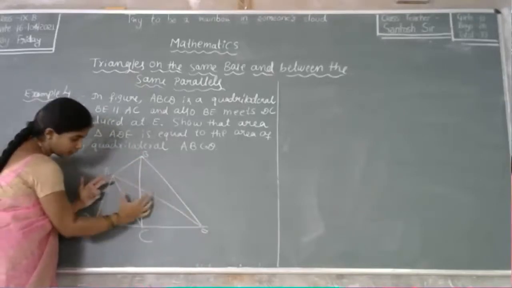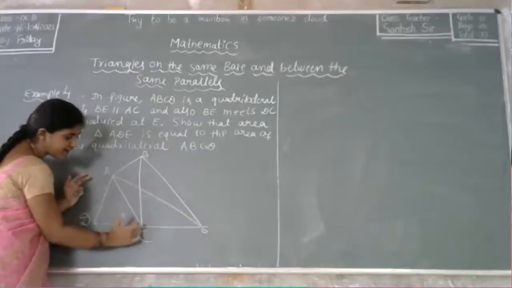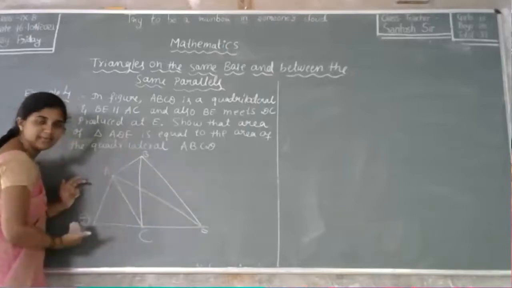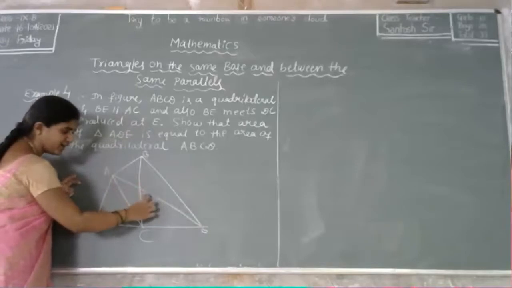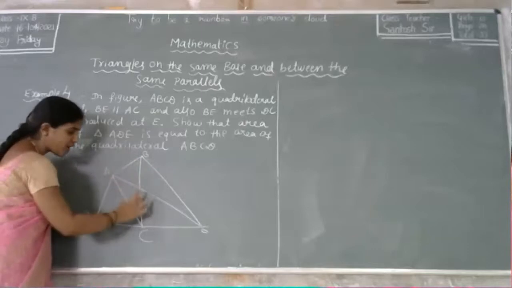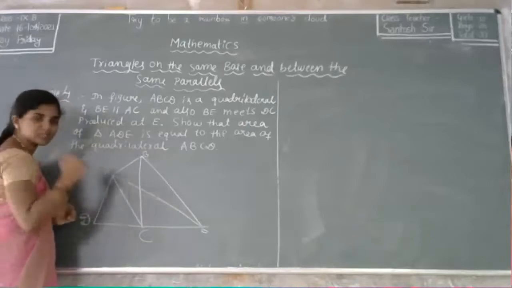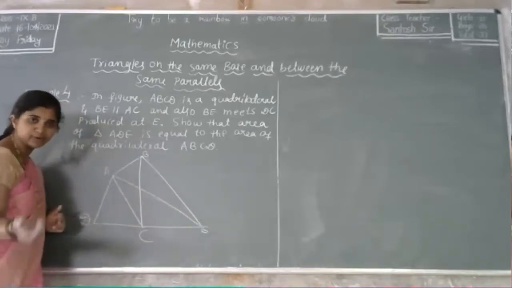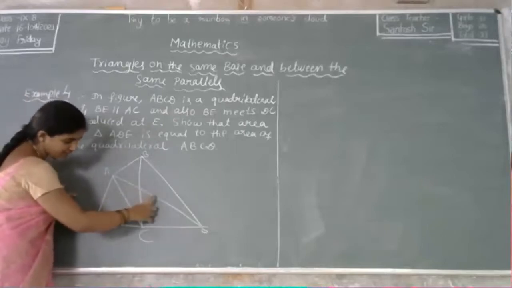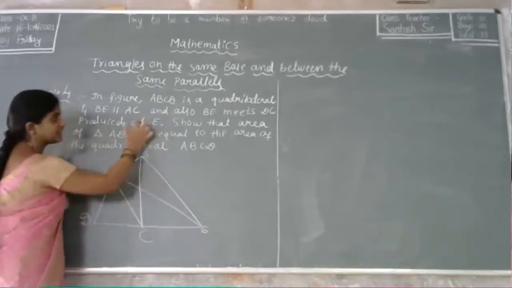So in both the figures we are observing that this triangle and this triangle are standing on the same base AC, and it is given that AC is parallel to BE. So this triangle and this triangle are standing on the same base AC and between the same parallels, then the area of this triangle is equal to the area of this triangle according to theorem 2. In this video we are discussing that topic only: two triangles standing on the same base and between the same parallels. Then for this triangle, if we add this ADC triangle, we will get ADE. That is our proof actually.